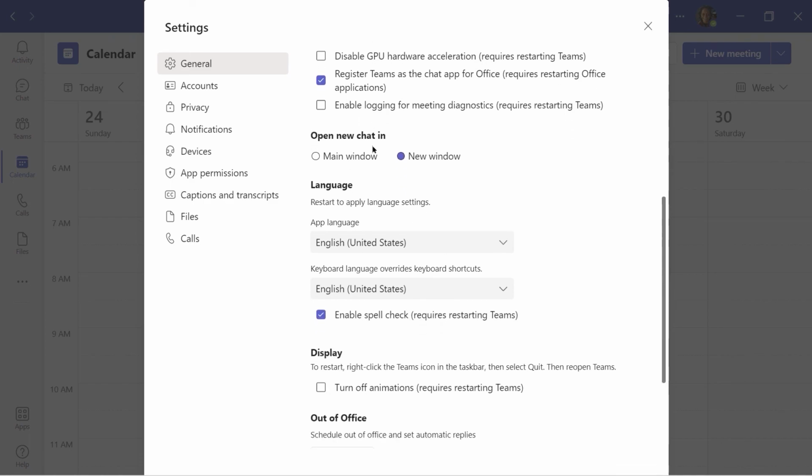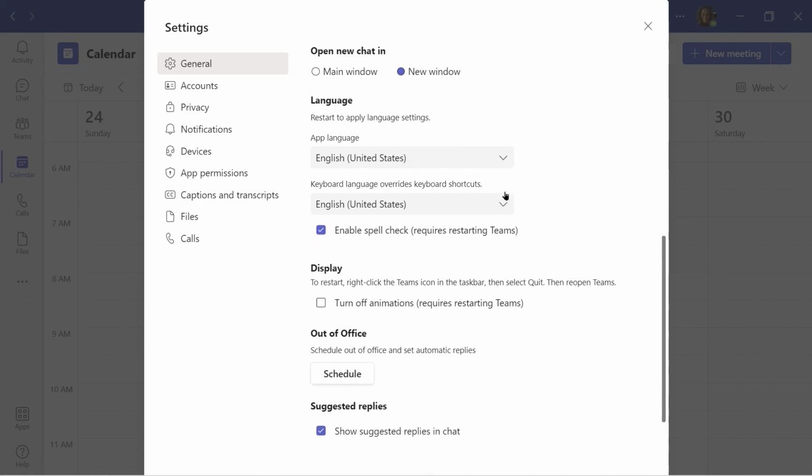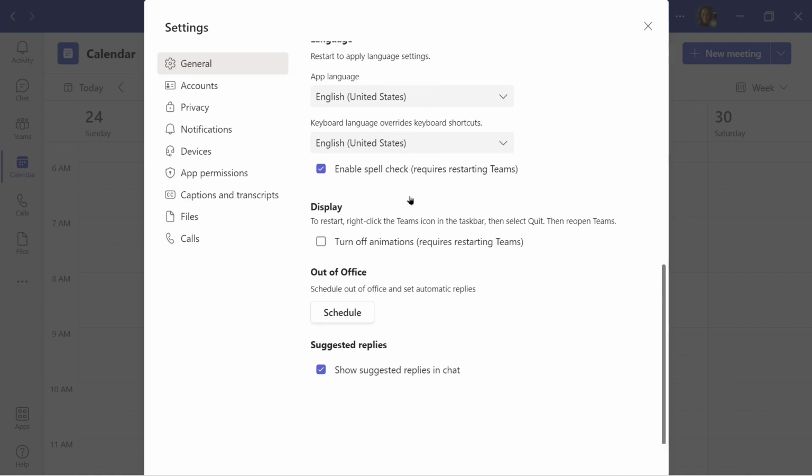You can have a new chat open in a new window or in the main window. I like doing it in a new window. You could set your languages and stuff like that. And I also have spell check enabled. And once you enable that, you would have to restart Teams for it to take effect. I can schedule my out of office stuff from here, and I'm getting suggested replies showing in my chat, which